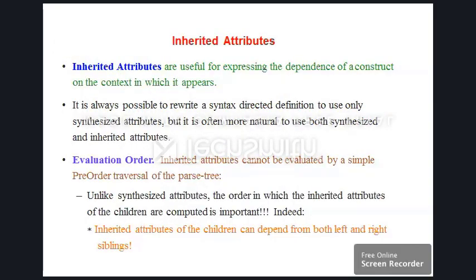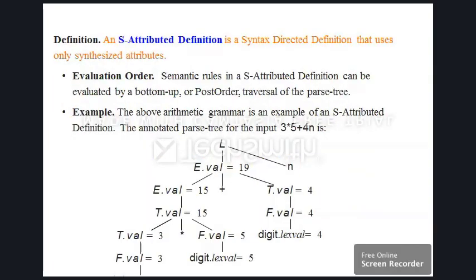Now coming to the inherited attributes. The inherited attributes are useful for expressing the dependence of a construct on the context in which it appears. We have previously seen that an S-attributed definition is evaluated completely based on synthesized attributes.